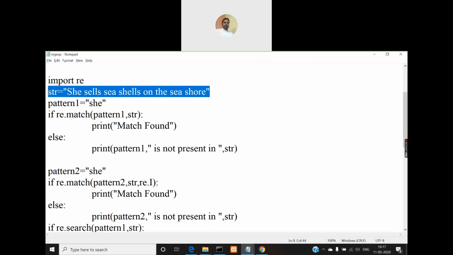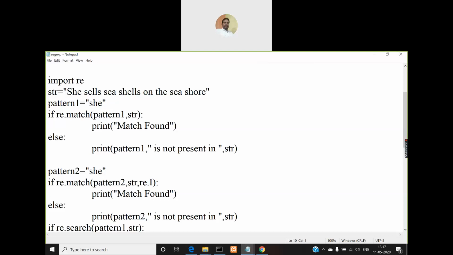So I'm creating a string variable pattern1, and it contains the string she. Now that you have imported the re module, you can use the module name dot the predefined functions that we mentioned earlier, the 5 predefined functions.